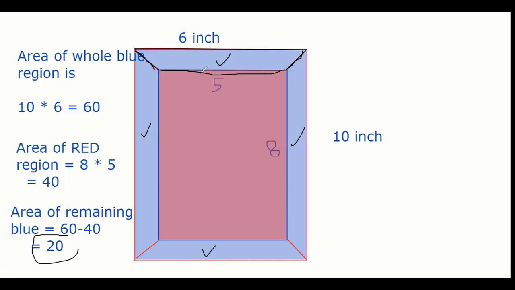Let me put a clear line. If I draw a line here, it's a difficult question. Put a line here. Put a line here. Put a line here. Put a line here. So before we solve the question now,